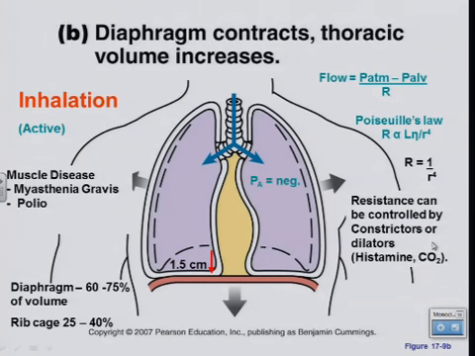So CO2 is a bronchodilator, and that's very important also when we talked about ventilation perfusion matching, how CO2 helps to regulate the bronchial constriction or the airflow to match the ventilation or perfusion. So if we have good perfusion to a part of our lung, in other words, there's a lot of CO2 coming back to that part of the lung, it helps to dilate the bronchioles and therefore facilitate good airflow to that part of the lung. So good perfusion gives us good ventilation.